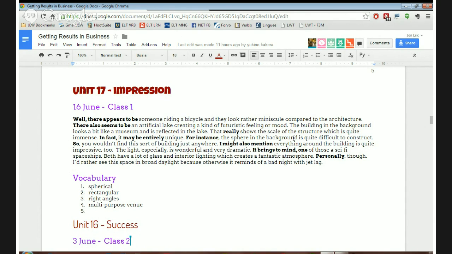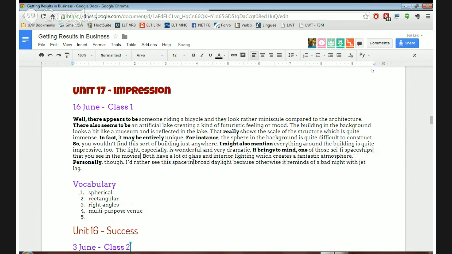For instance, the sphere in the background is quite difficult to construct, so you wouldn't find this sort of building just anywhere. I might also mention everywhere around the building is quite impressive too. The light, especially, is wonderful and very dramatic. It brings to mind one of those sci-fi spaceships that you see in movies. Both the building you're looking at and the spaceship have a lot of glass and interior lighting, which creates a fantastic atmosphere. Personally, though, I'd rather see this place in broad daylight, because otherwise it reminds me of a bad